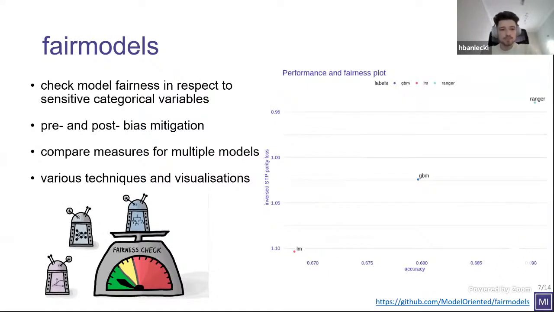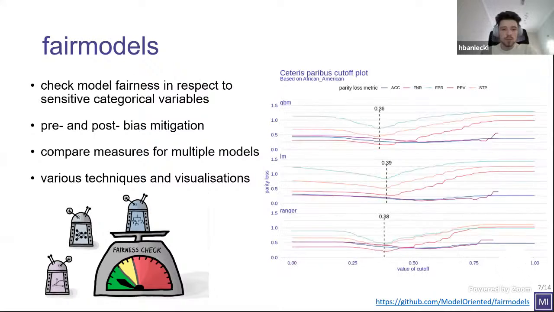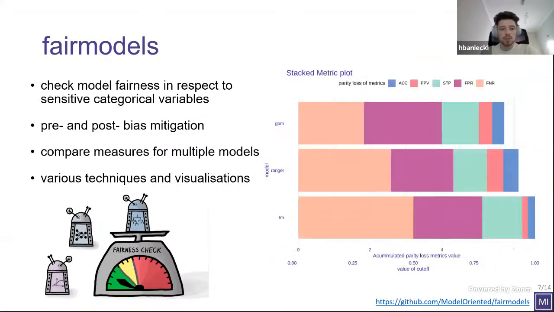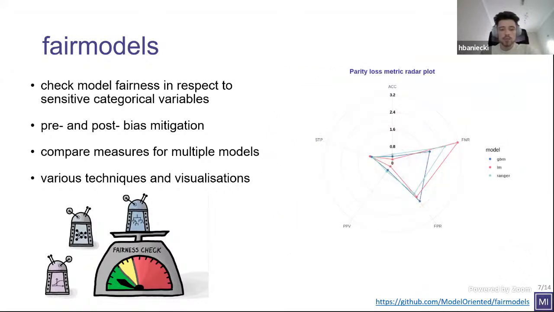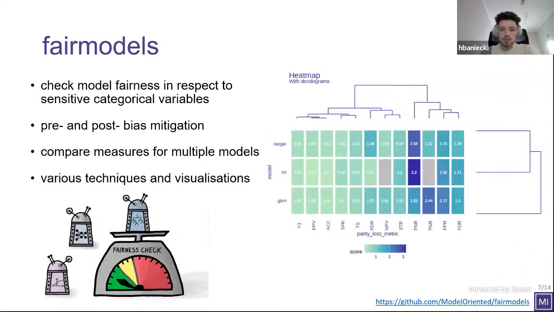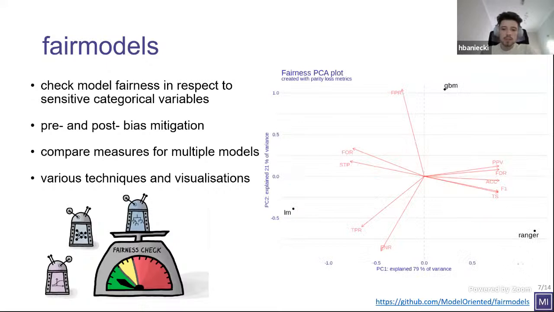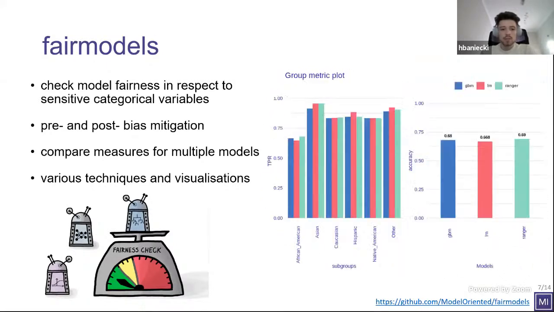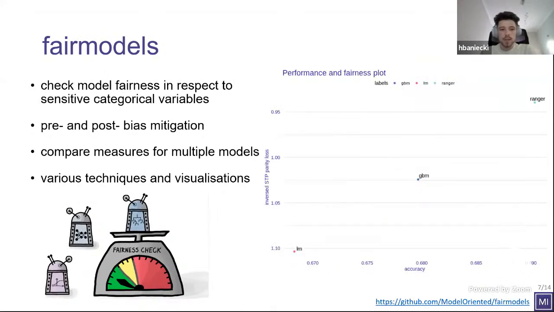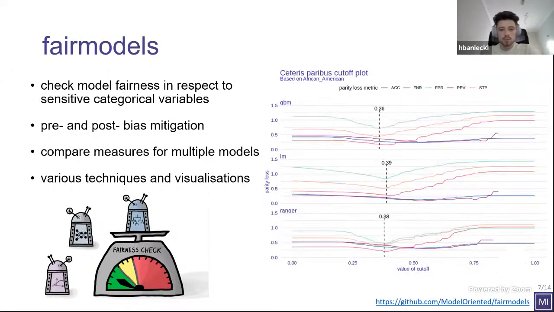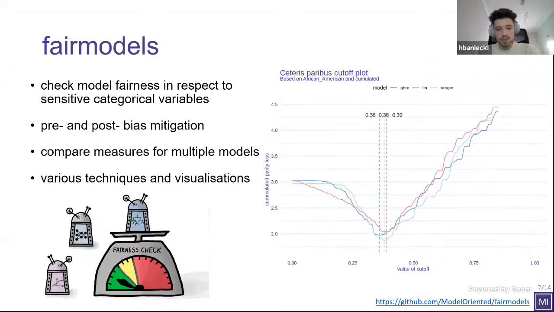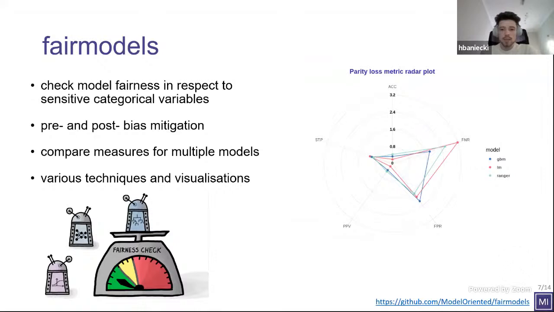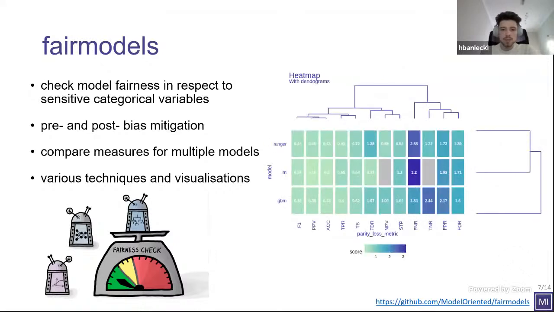Also, one functionality that I really like is that you don't really need to check for bias only on the variables that were used in the modeling. When you produce a model that doesn't use your protected variable, you can then add it to the check. And even if you don't use this variable in your modeling, you can still see if your model is biased because it has seen some correlation in your data.